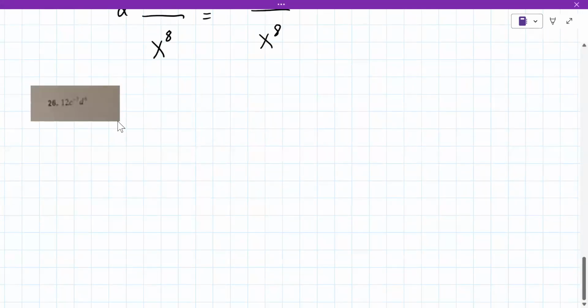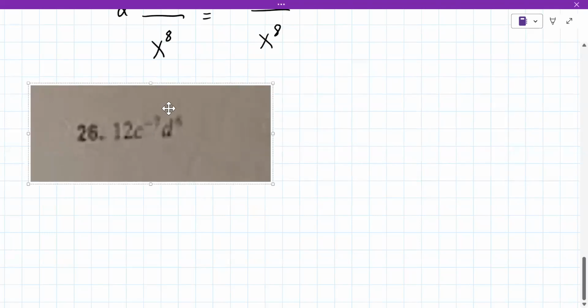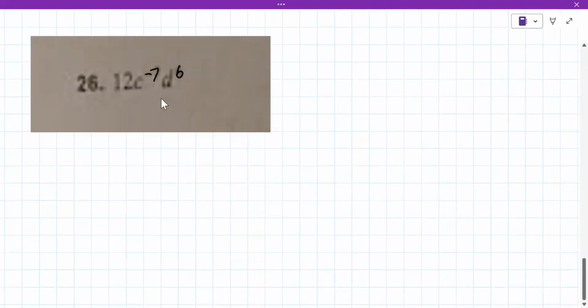Might need to double check here what the exponents are. Is that minus c to the minus 7 and b to the what power? The 6th. Good. Okay. So what can you do here? This is kind of like the last few that we've been doing. A little bit different, but